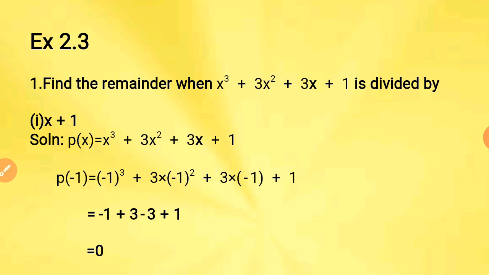So wherever it is x, we are going to substitute it as minus 1. In the solution, you will see that we have noted down the polynomial initially and we have substituted x as minus 1. The rest is all calculations that you can do on your own. And when we solve it, in this case, p of minus 1 comes out to be 0. Children, this 0 is your remainder. So, if you actually divide the given polynomial by x plus 1, you will get the remainder as 0. But you need not do so. You have got it in very short steps.